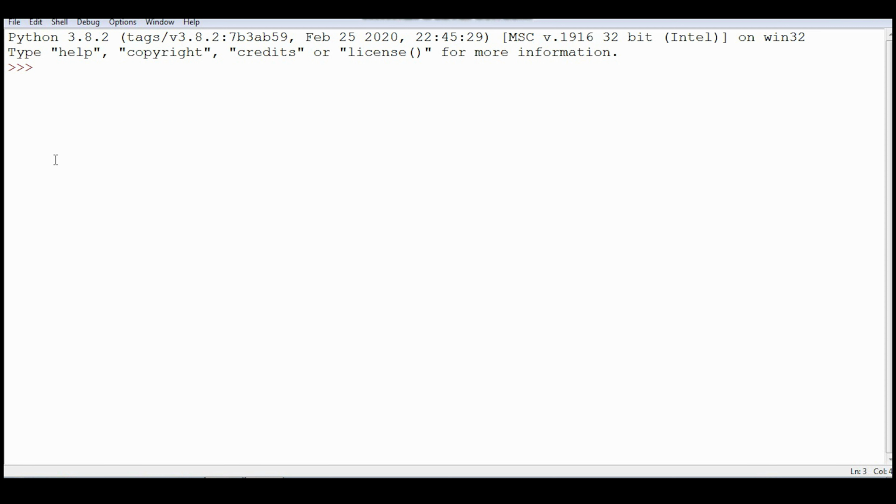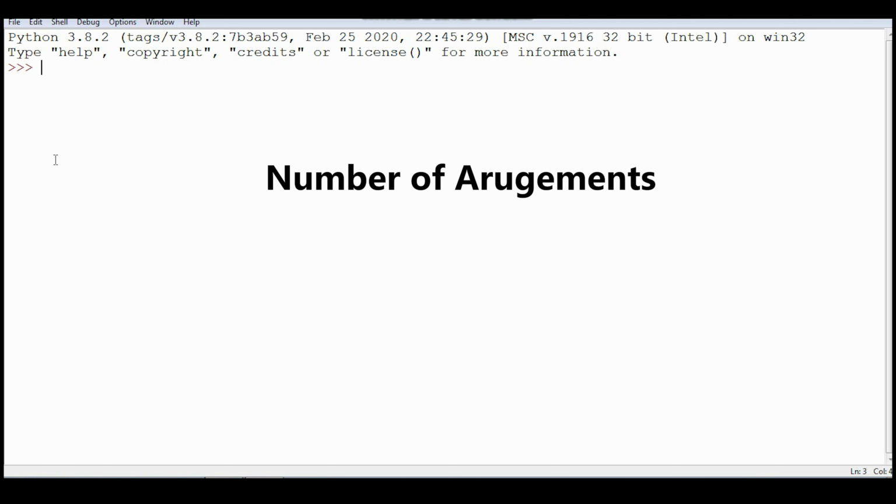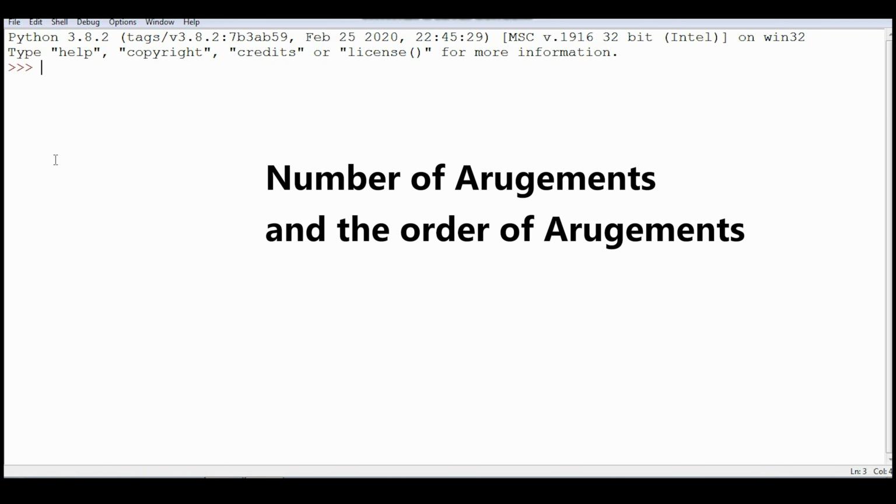We'll start first with positional parameters. In this case, remember, when you define a function with some number of arguments, then at the time of the call you also have to pass that many arguments. That is, the number of arguments and the order of arguments is important.